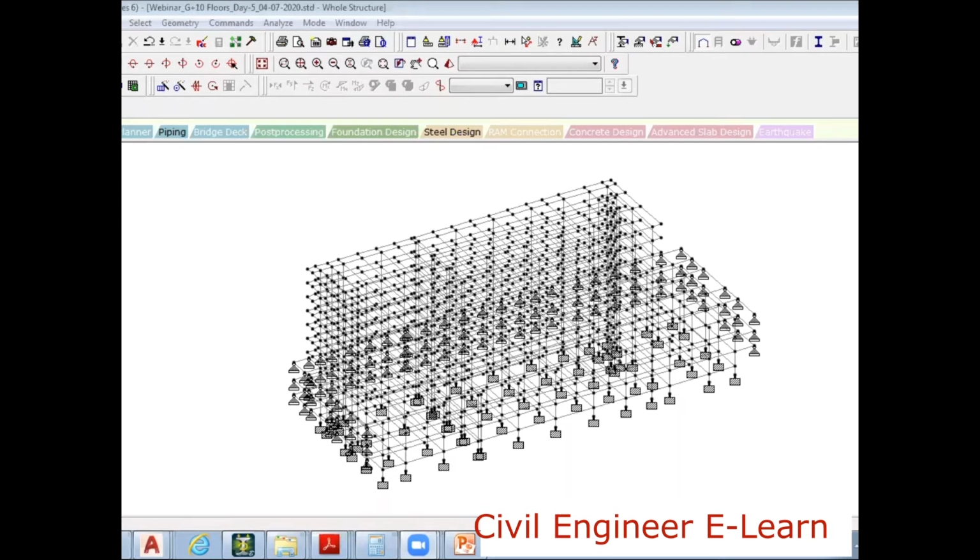Is this clear to all of you? Can you please confirm this? So that is how we have to verify our model. Once everything is done, we just have to verify the model very clearly. Once again, we have to verify the model.